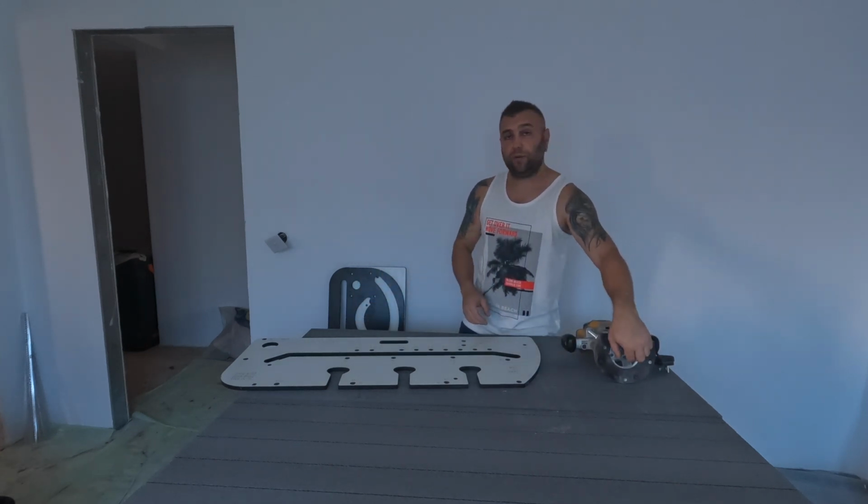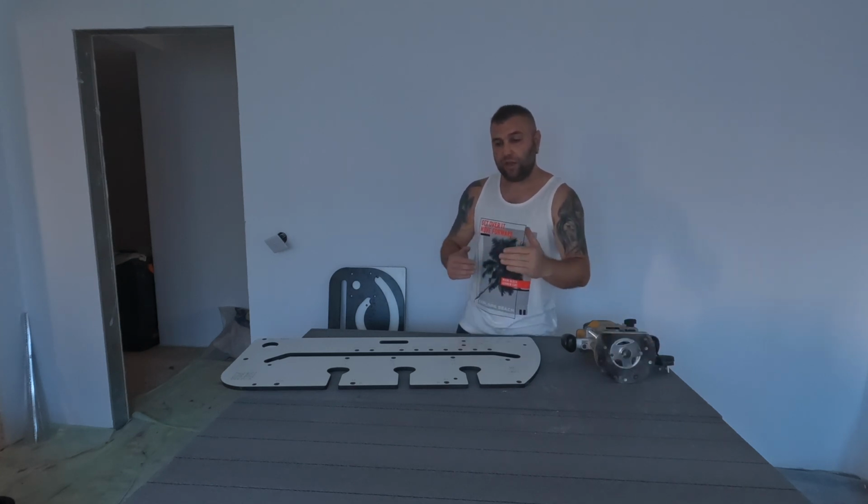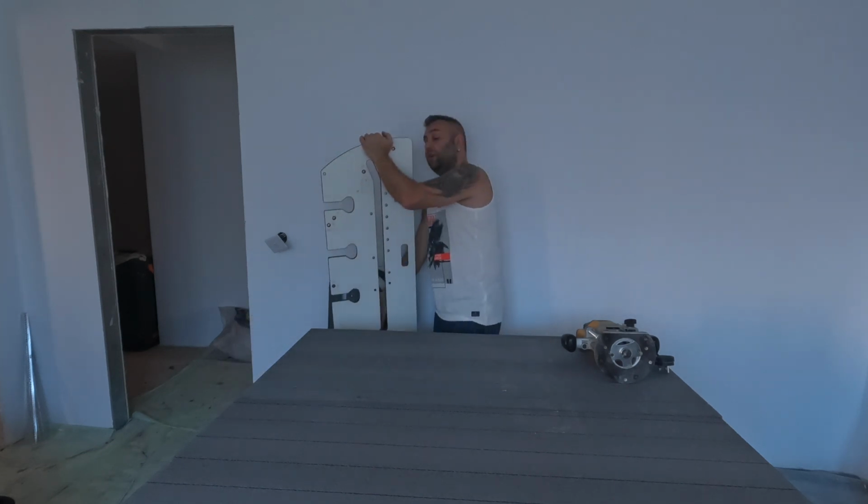That's going to make sure that you do a nice and perfect cut. From time to time you have to change this guide bush because it gets heated and then it will get slimmer, and then you'll find out that your cut is not always perfect. So yeah, keep an eye on that. Now,